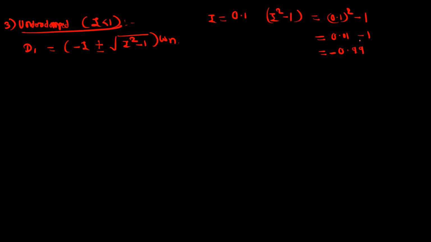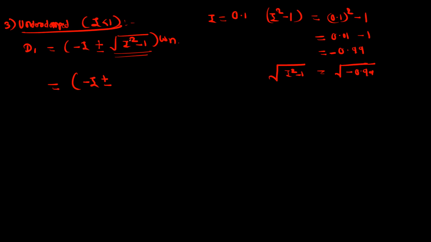Because 0.01 minus 1 is negative, this square root value, which is actually the square root of zeta square minus 1, will be a complex number, minus 0.99. And therefore we should write this value for zeta less than 1 as minus zeta plus or minus